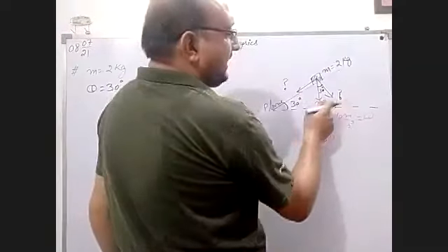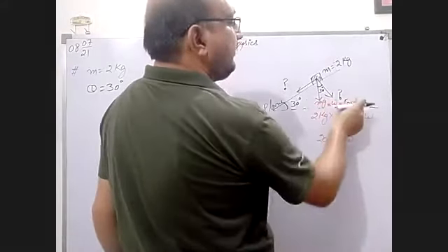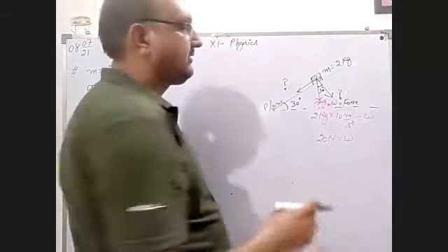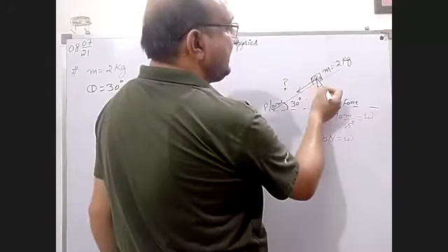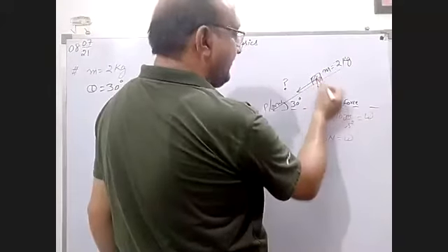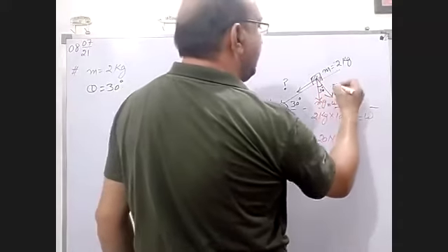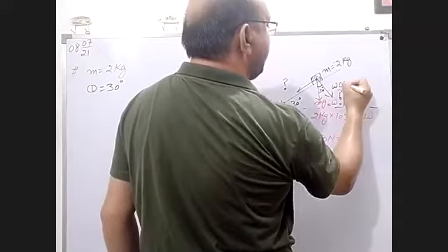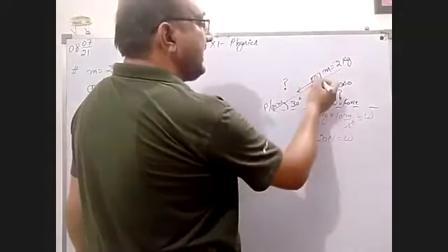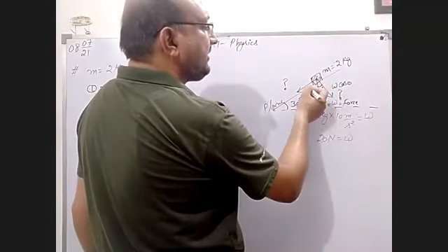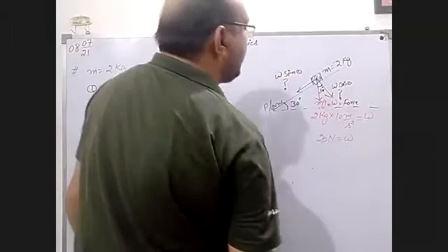mg is what? mg is weight. Weight is what? Weight is a force. And force is what? Force is a vector. This vector is in the downward direction, and this is angle theta with the axis. This axis shows you the W cos theta. By taking W cos theta, you can get the value of this vector, and this one is perpendicular to that one. That's why you can calculate this by W sin theta.